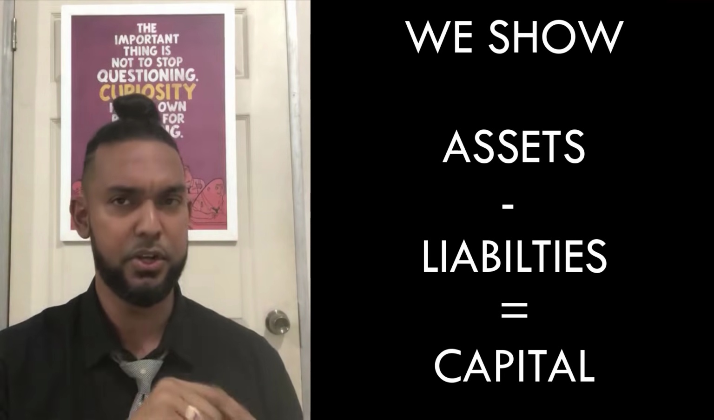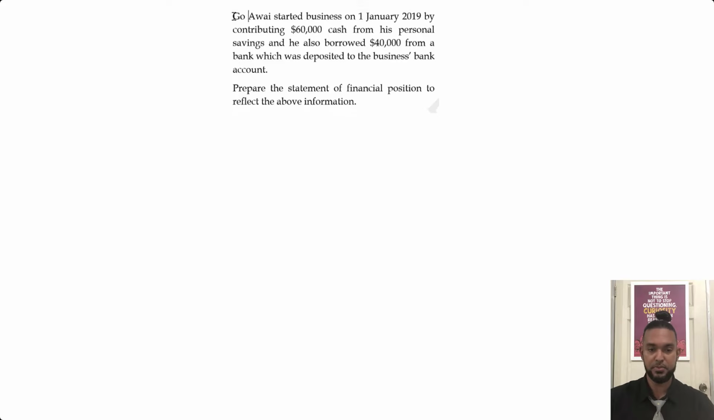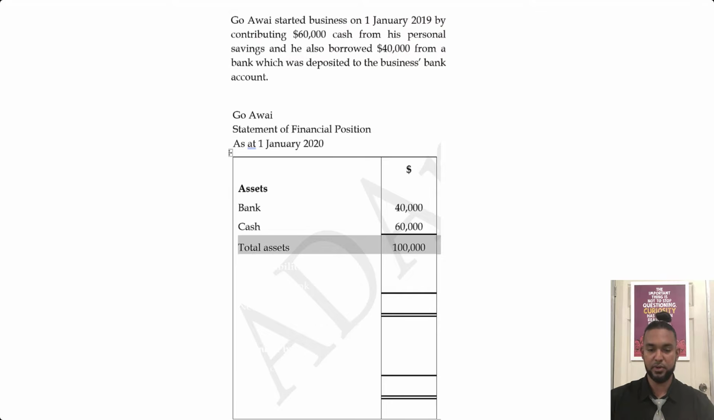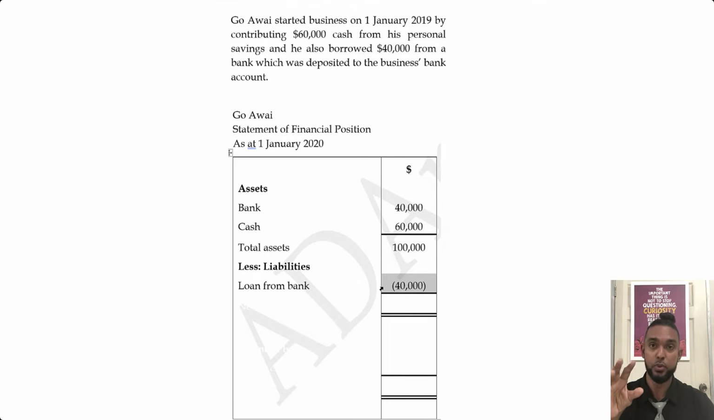Let's take a look at that same balance sheet, but now with the net asset presentation. So we have the same information: Go Y starting business 1 Jan 2019, 60,000 from personal savings, borrowed 40,000. So we want the statement of financial position, right? So we already headed it up. So we're going to put the assets, right? Bank and cash, 40 and 60, giving us a total of 100,000. Now we are going to put the liability here. We're going to put the loan here, and notice it's in brackets. It doesn't have to be in brackets. You don't have to have a negative sign, but I need that as a visual cue, at least when I'm